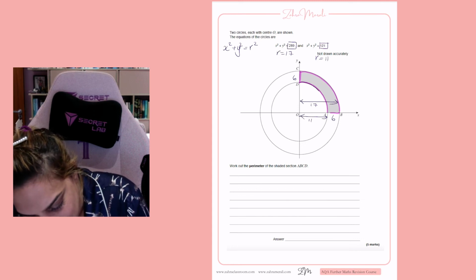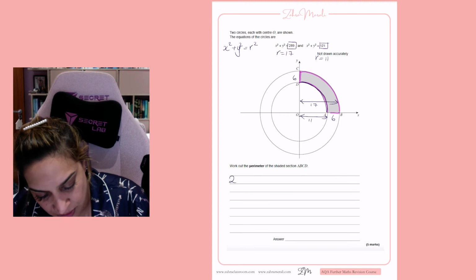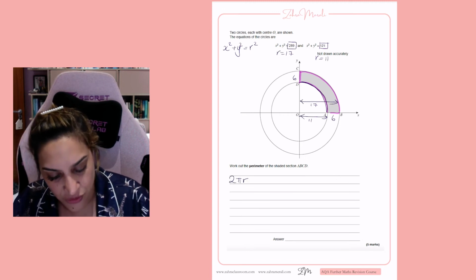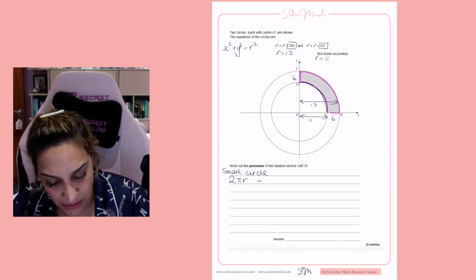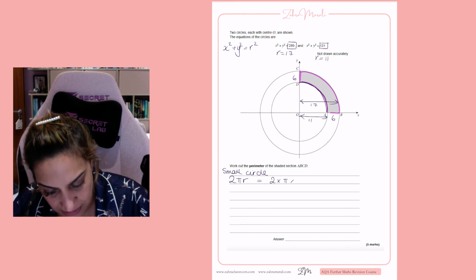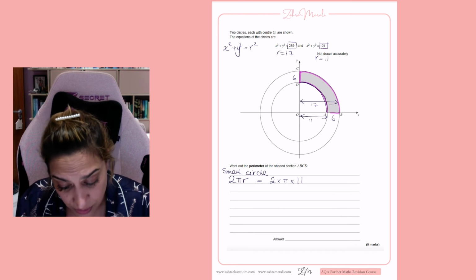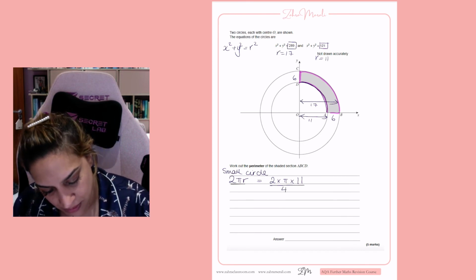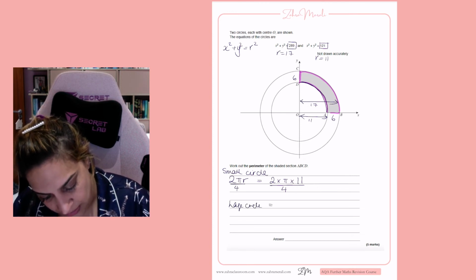This bit here is part of the circumference. So if you remember, the formula for circumference is 2 pi r. So if I say small circle is going to be 2 times pi times 11, but I've only got a quarter of it. So I'm going to divide that by 4. Okay? Right, and the large circle is going to be 2 times pi times 17